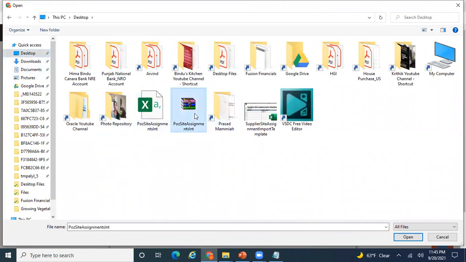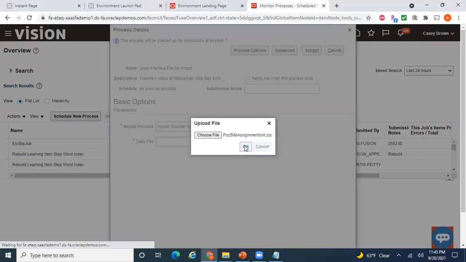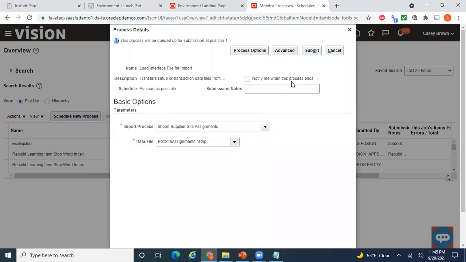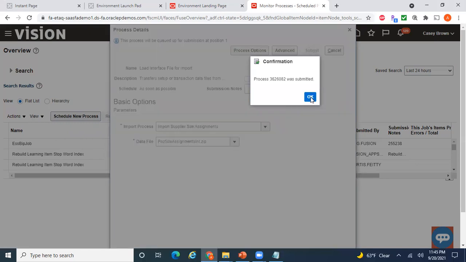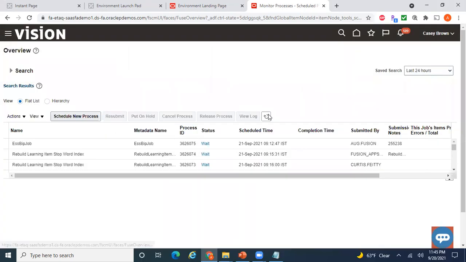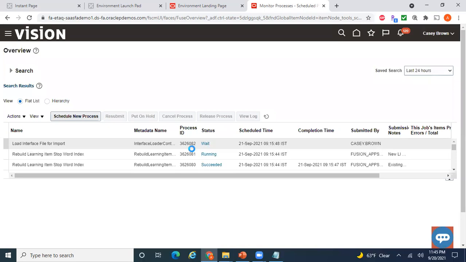This is the file, POC site assignments. Submit. The request or job ID ends with 082. Wait for the job to be completed.